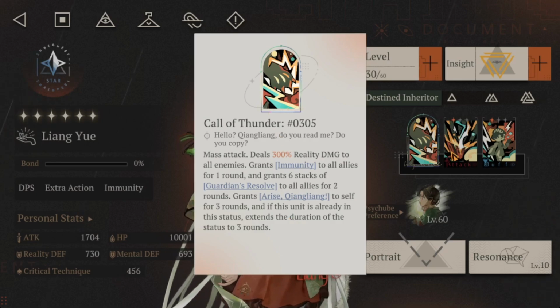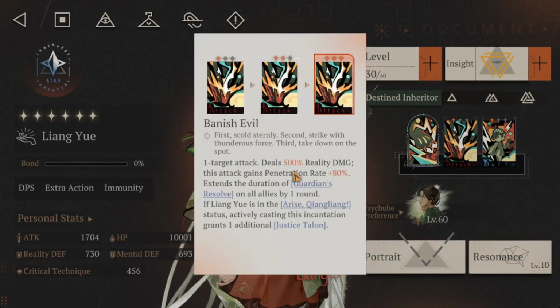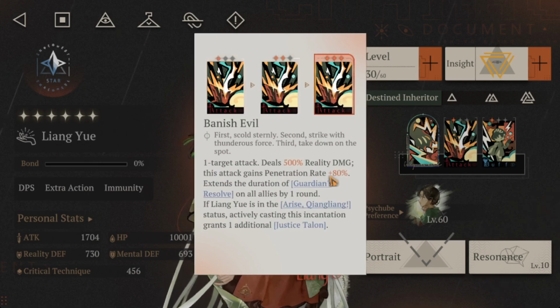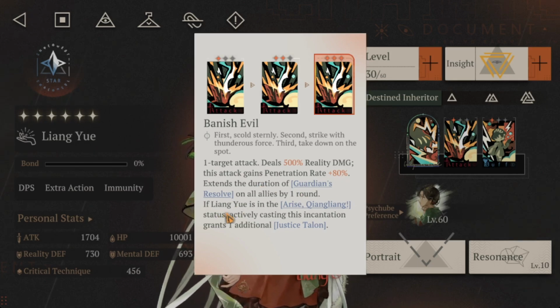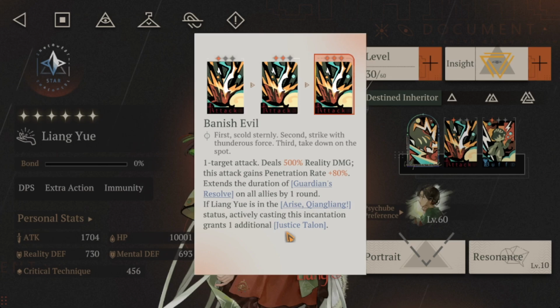But yeah, this is her main attacking skill, which has a maximum modifier of 500% with a penetration rate of 80%. Base level 1 doesn't have any, but level 2 has 30, and then this one has a big 80% penetration rate. And this extends the effect of Guardian's Resolve on all allies for 1 round. And if Liang Yue's in the Arise Qiangliang status, you will actively gain 1 Justice talent when using this attack,